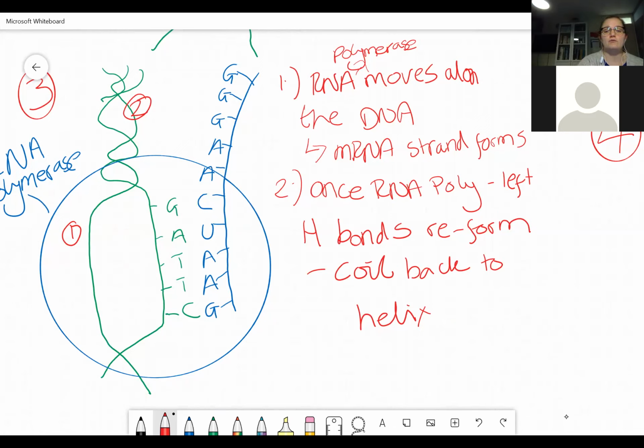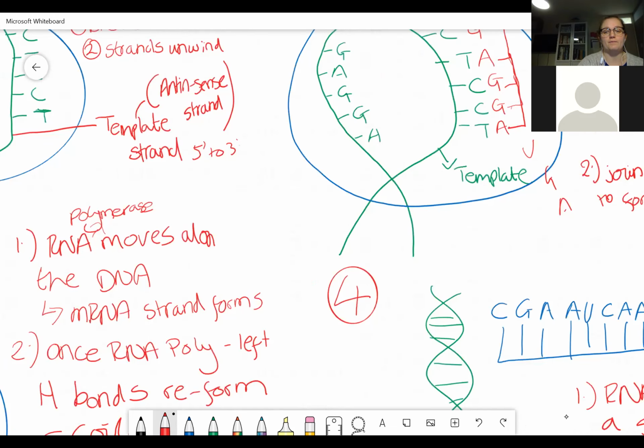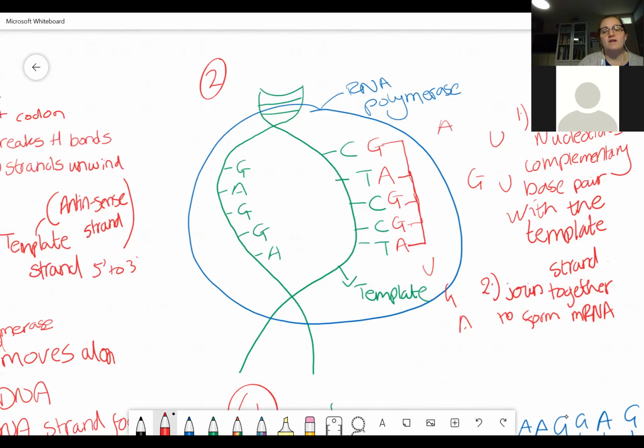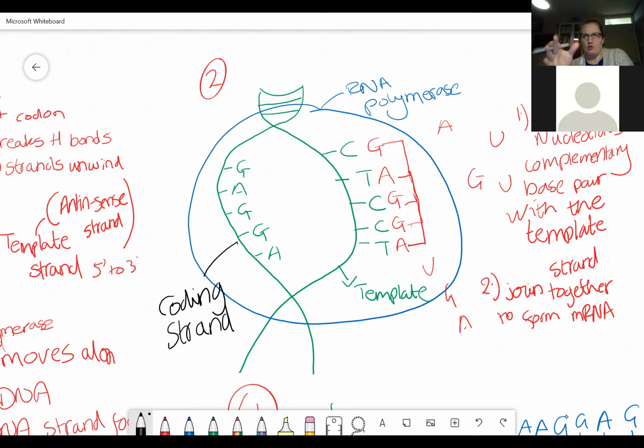Now, what is really important is I'm just going to go back to this image here. The mRNA molecule here is identical to this strand, which we call the coding strand. Obviously, if there's a uracil there, it'd be identical, but we've got the change of the T and the U. The coding strand is where the genetic information is. If the RNA came along and complementary base paired to this, we wouldn't have,